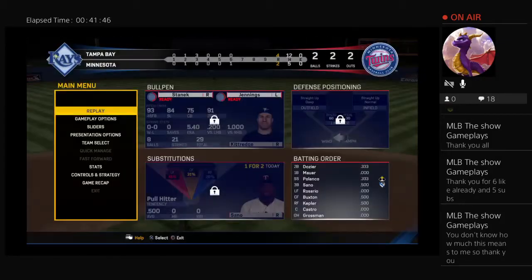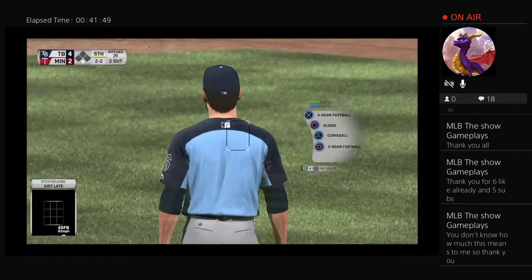And he'll make it into scoring position here with 2 away, as that'll be scored a